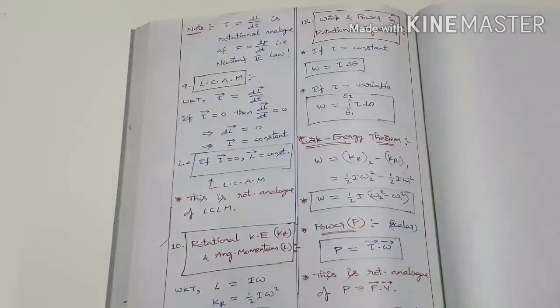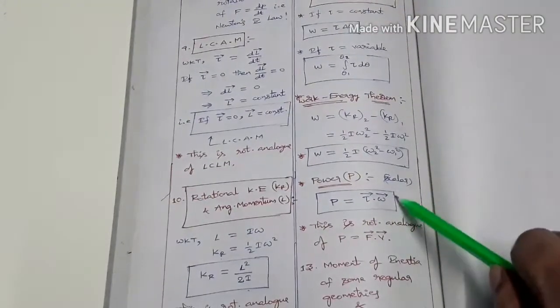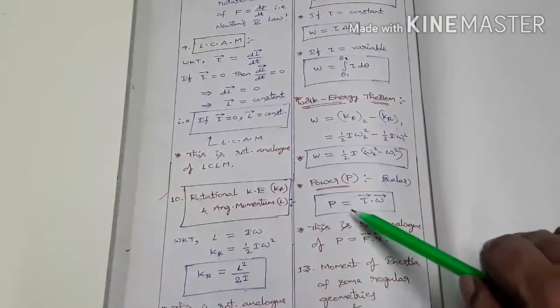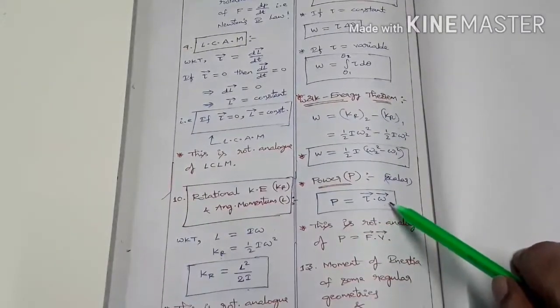This is the work energy theorem. Okay, next one is power. You know, power is a scalar quantity, and power can be expressed as P equal to tau bar dot omega